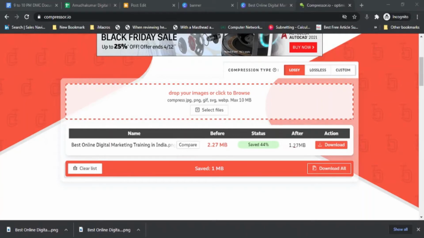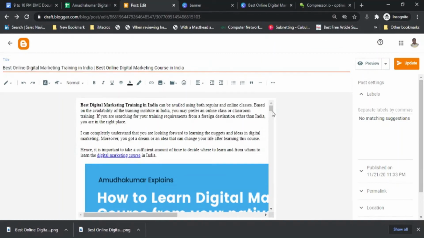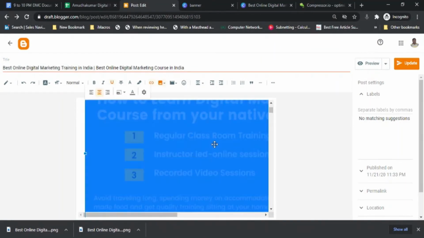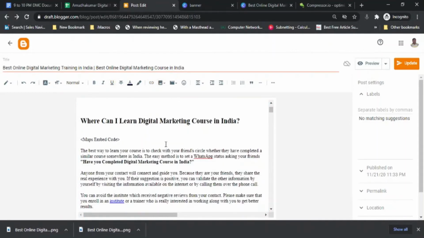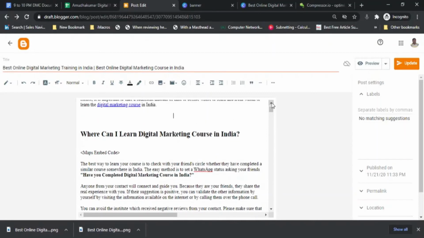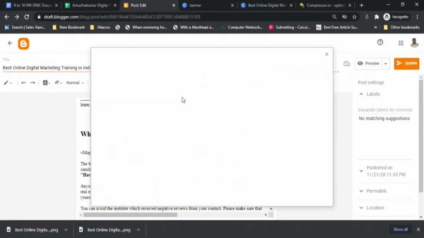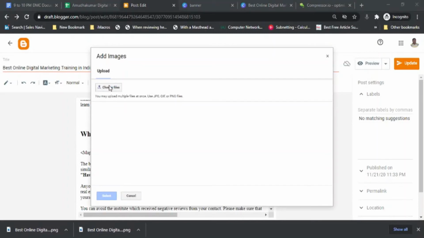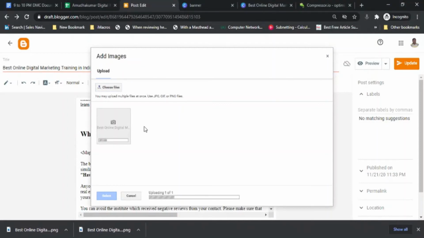So what I can do is go to the image option on my website, in which I can remove whichever image I already have. I will remove this. And by placing my cursor here I can click on the browse button, the insert image button, and upload image from computer. I will choose the file of the image which I have compressed. Look at this one. This is 2.27 MB, this is 1.26 MB. I will choose 1.26 MB and upload it here.